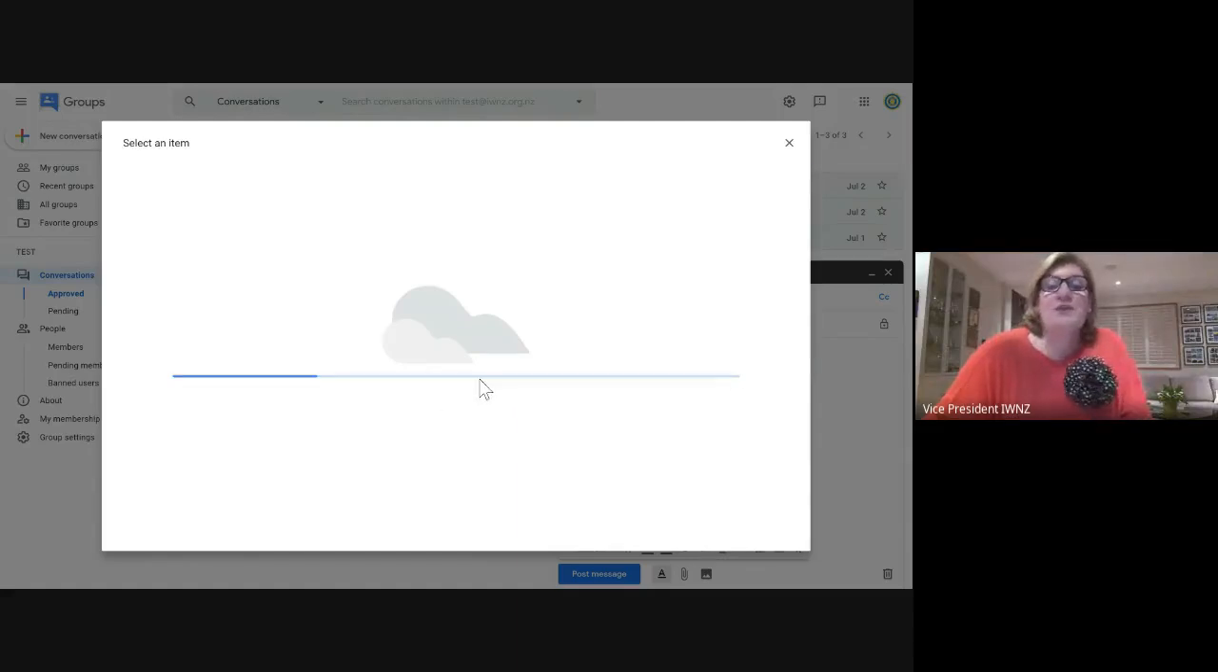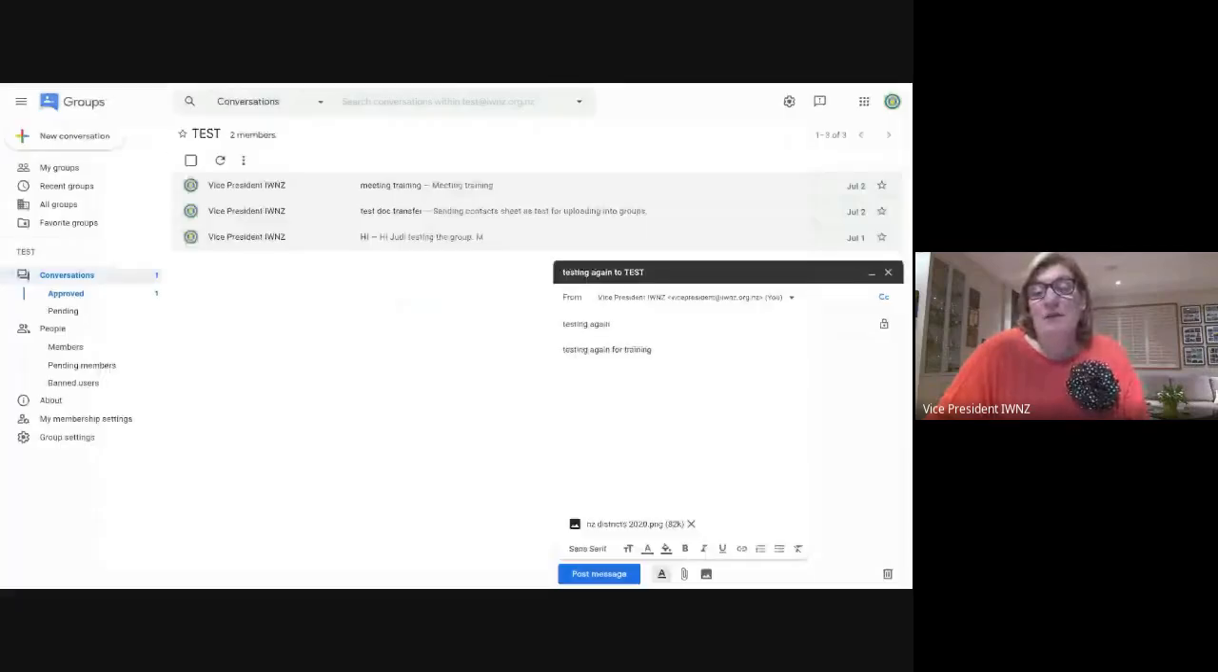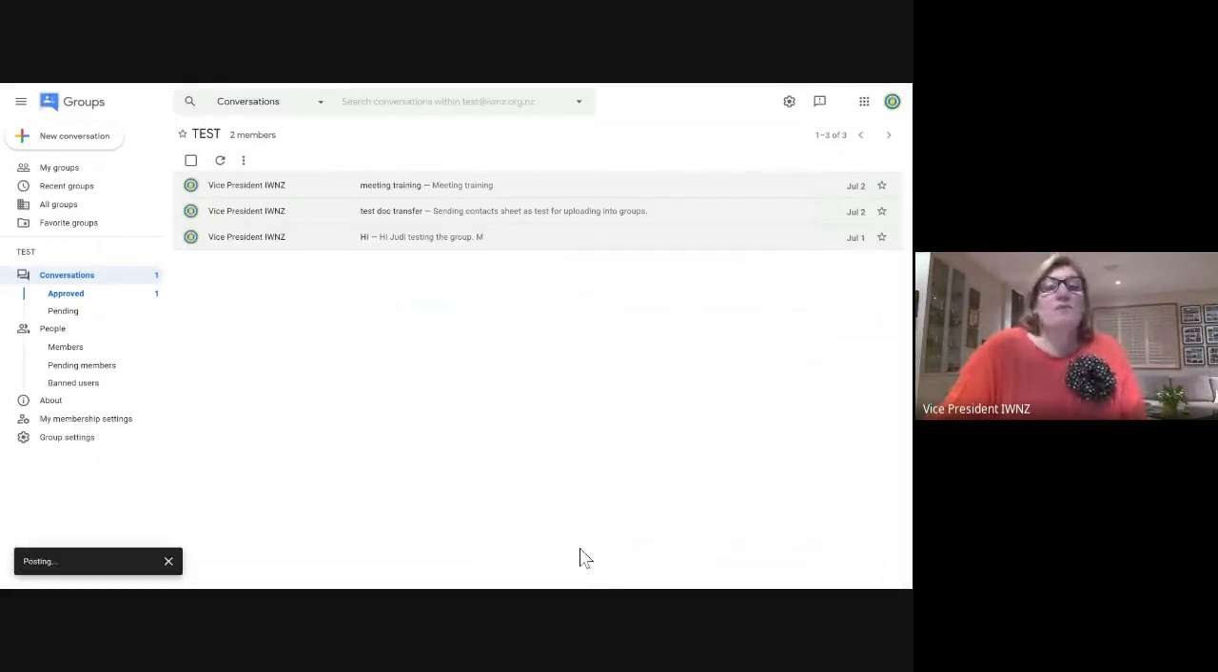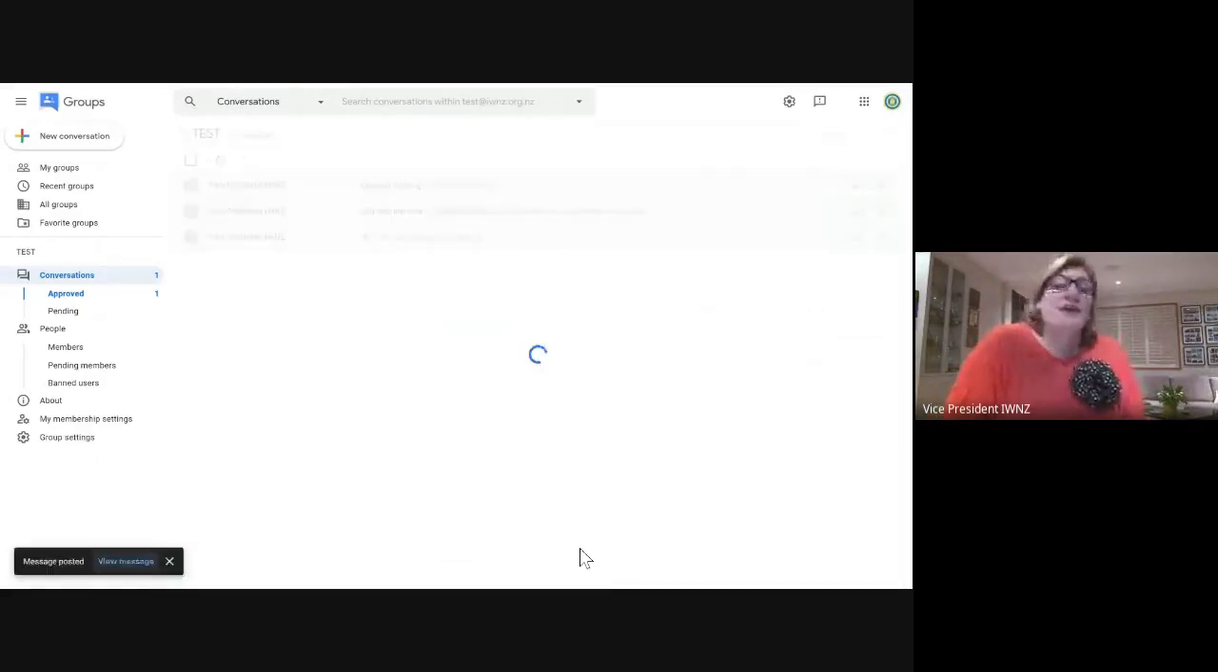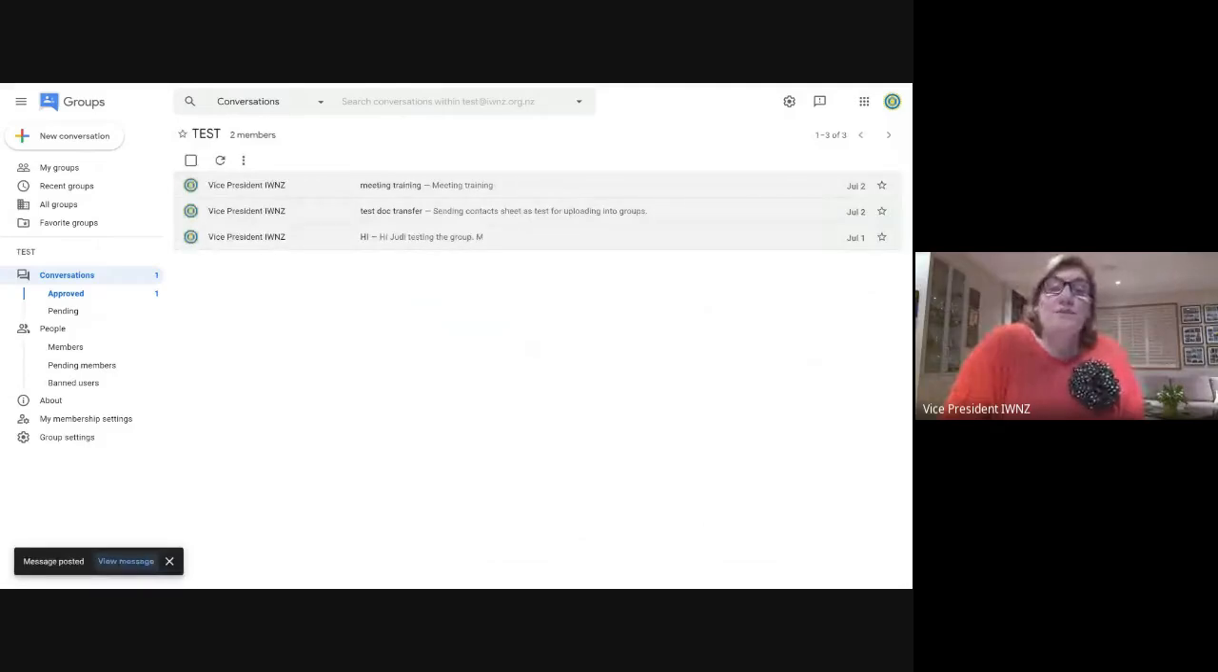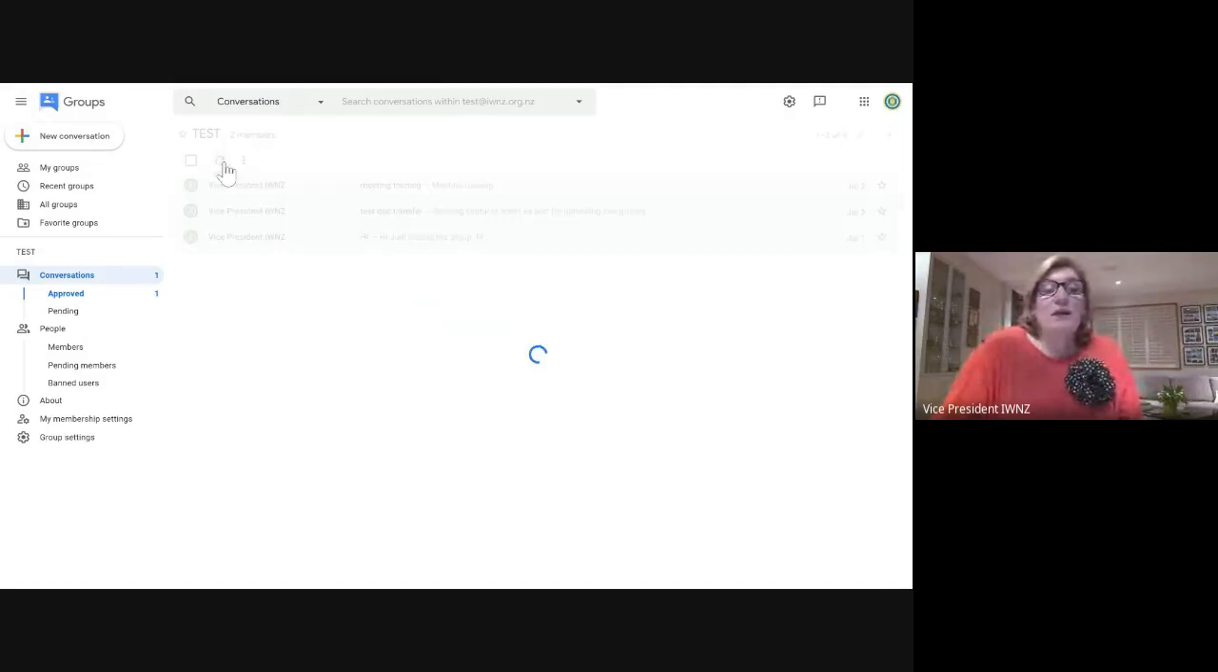I'm going to just drag a document that I had in my inbox onto my screen, and it's attached as a document, and then I post the message. So the message then gets posted into the inboxes of the people that are in that group. And then shortly, once it's had a chance to think about it, it will actually appear in the conversation. I'll come back to that in a moment,